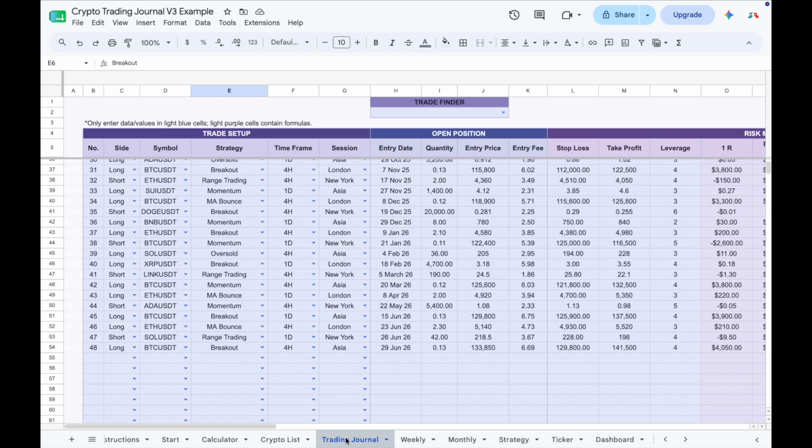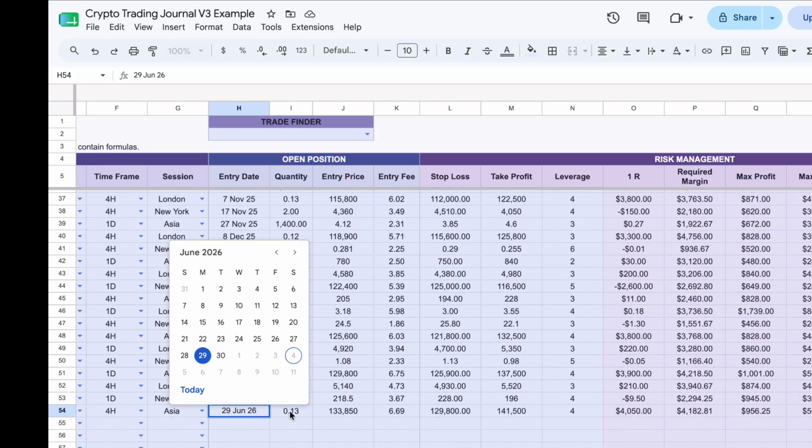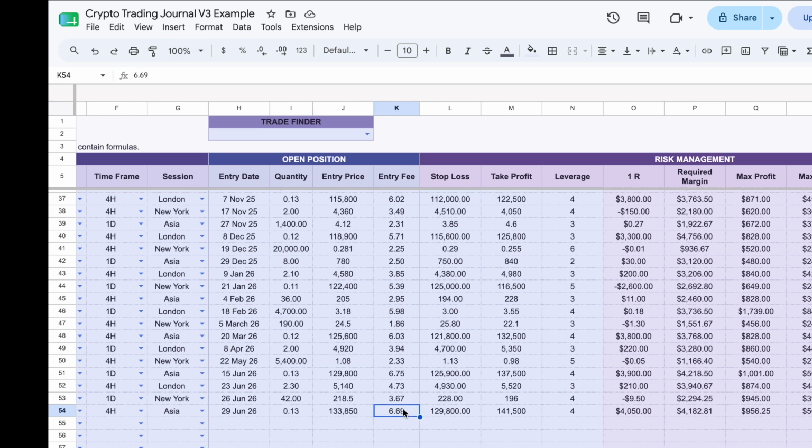Now let's move to the heart of the spreadsheet, the trading journal. This is where you'll record every trade you take. Simply enter the trade number, choose whether it's a long or short position, select the crypto symbol, strategy, time frame, and trading session. When the position is opened, enter your entry date, position size, entry price, trading fees, stop loss,